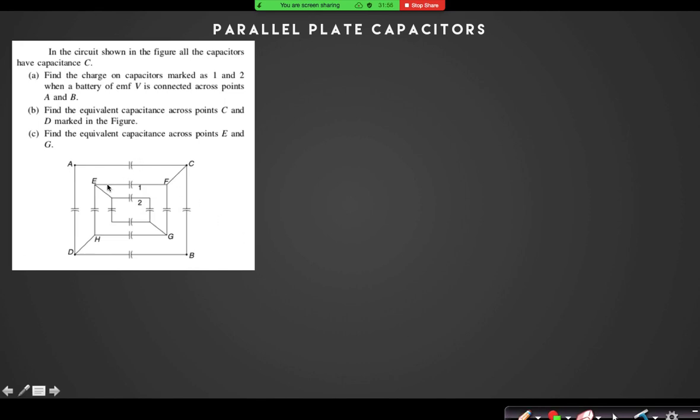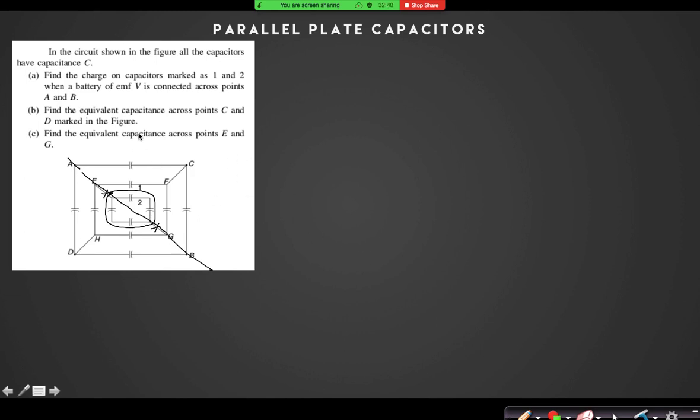Now in the second question, find the equivalent capacitance in between CD. If I join my battery across C and D, I will again find a vertical symmetric line between the line joining AB. Yes or no? If I join the vertical symmetry AB, then you can neglect this branch and this branch. Can you see that? If I neglect these branches, then the inside box will carry zero current, because that is now isolated, not connected anywhere else.